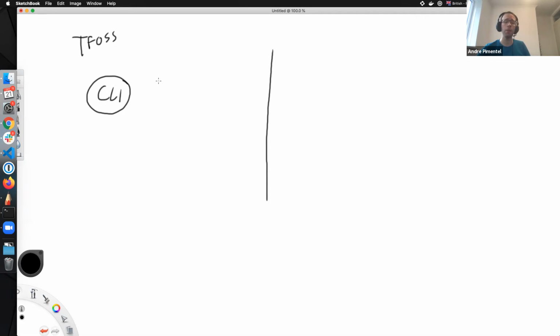You have this very tight workflow of coding, terraform plan, terraform apply. Then after you do terraform apply, you end up with a state file. And that's it.